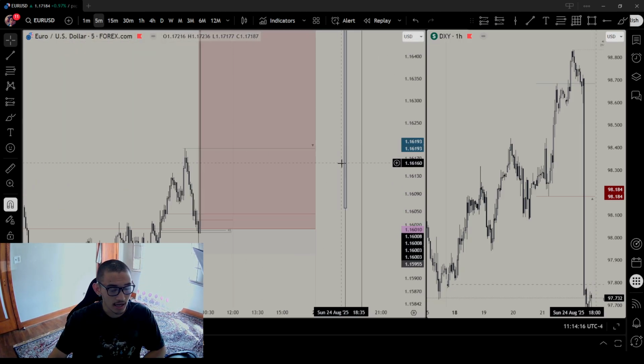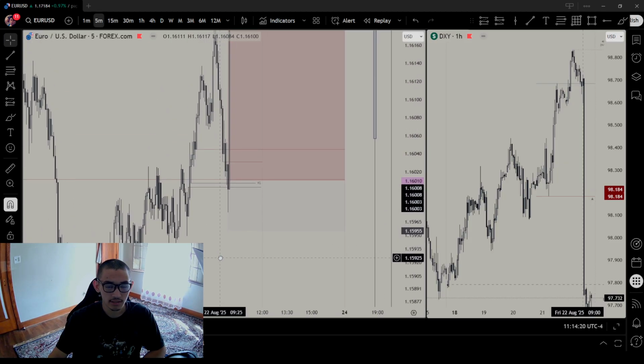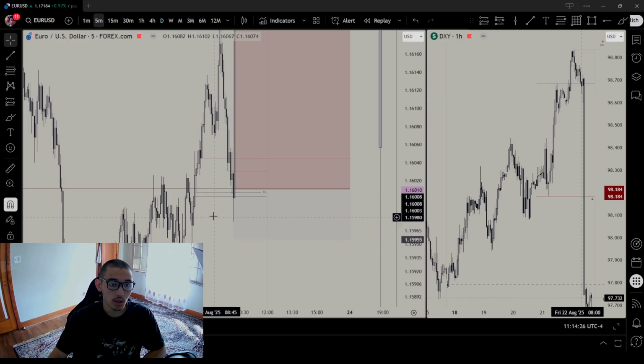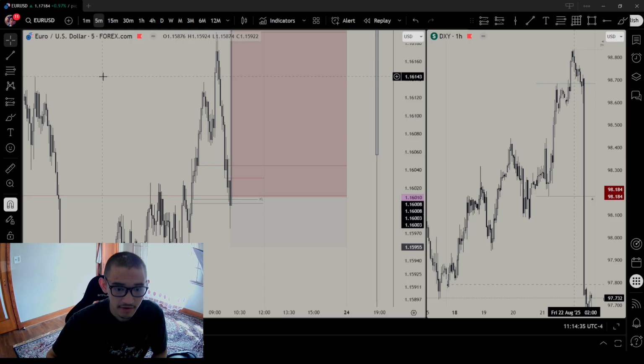And I do not suggest going down to the 1-minute time frame and looking for this, because you are going to become a bull wreck. Okay. So the lowest time frame you can go for this specific concept is the 5-minute, and this varies on what type of trader you are.